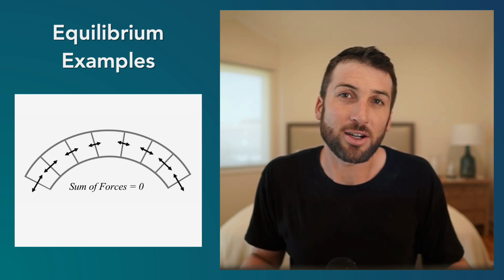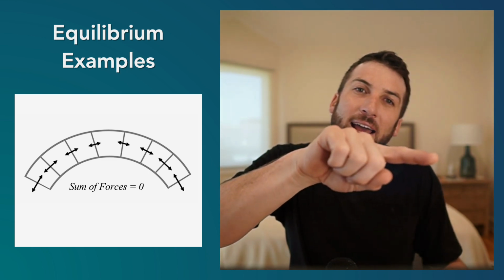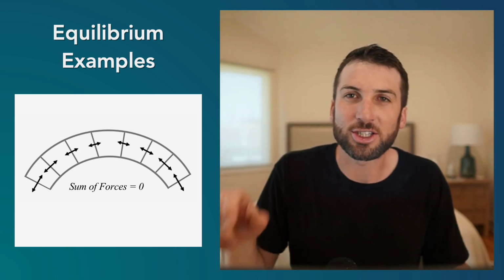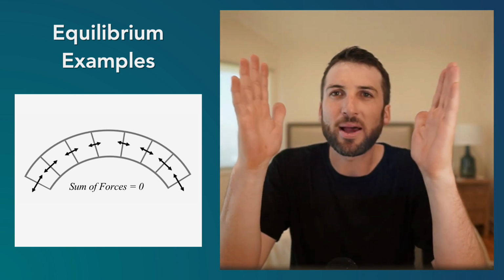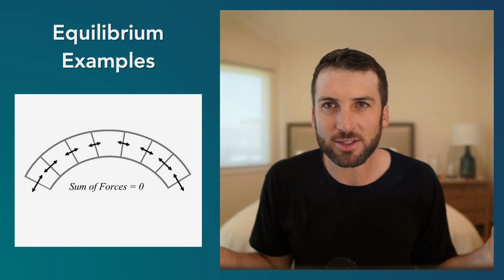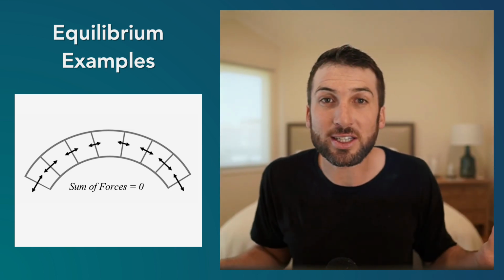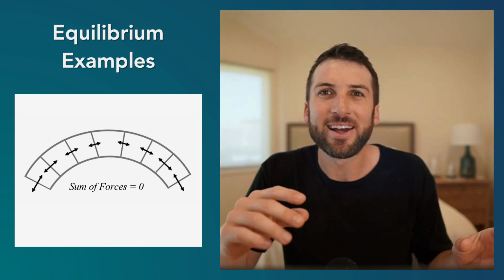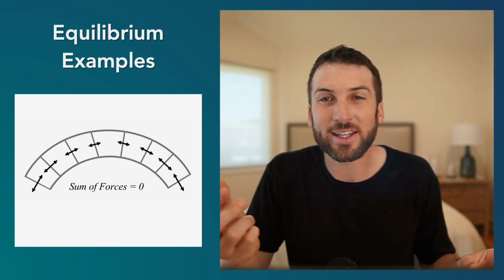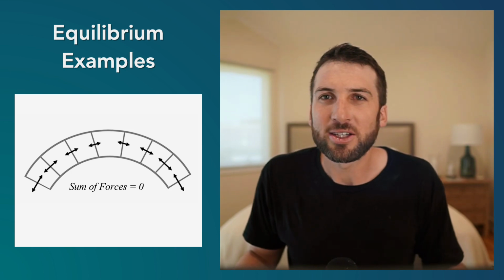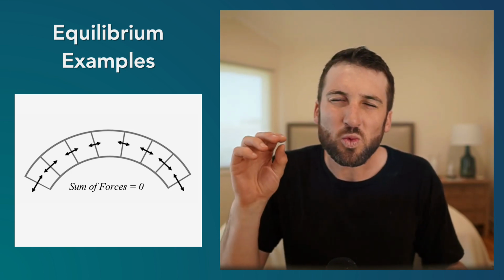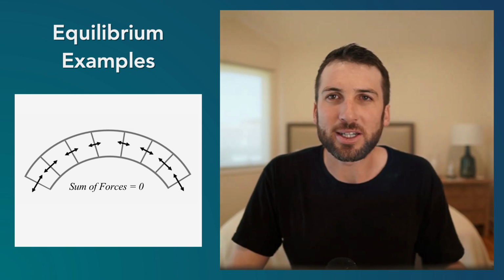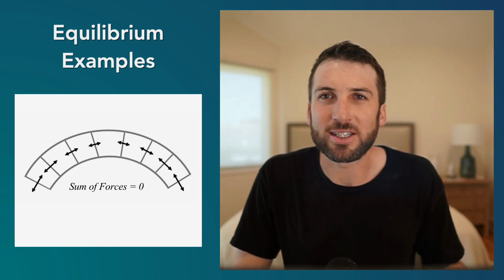So this can be thought about, for example, as a steady arch. And in this steady arch, each of the vectors, which are represented by arrows here, are balanced at each of the points. So the center stone is balanced by the other stones. And so this means that the total acceleration is 0. It's being held there. Now, if one of the stones fell out, the force of gravity would pull that stone down and it would collapse. So equilibrium is really important when it comes to geometric stability and building construction and using this for engineering.